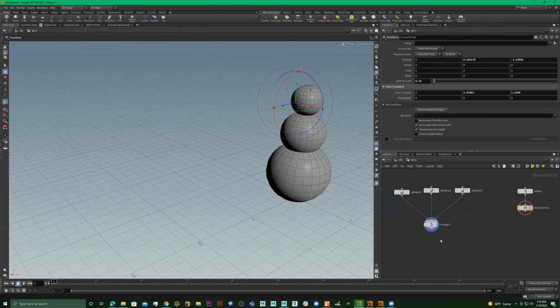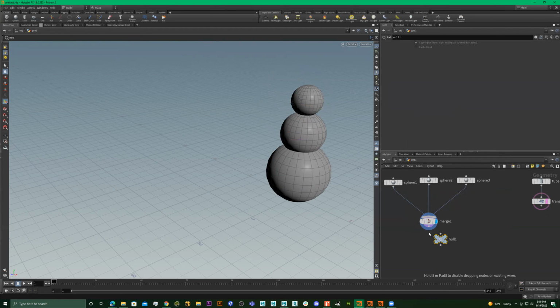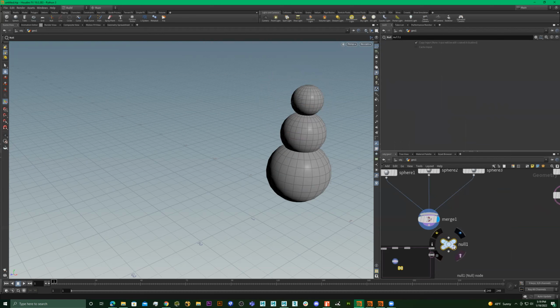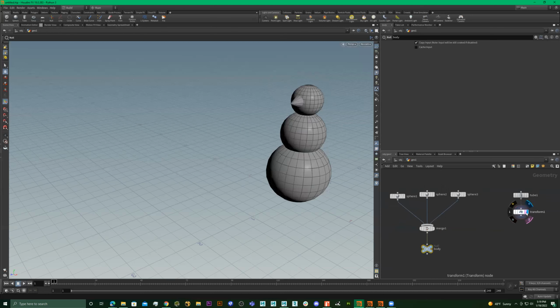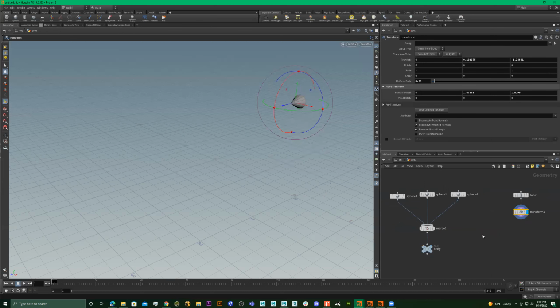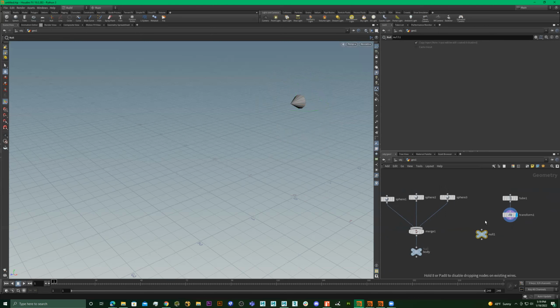So if I want to be organized, I can right click, type in null. It gives me this thing, and this thing doesn't do anything. If you ever see this screen right here, you just have to press O, and it goes away. So what I can do is connect this, and I can just double click here and type in body. So this now means, hey, this is the body. And what I can do is I can make this one right here the nose, right? So I can right click and type in null, or I can copy this one,